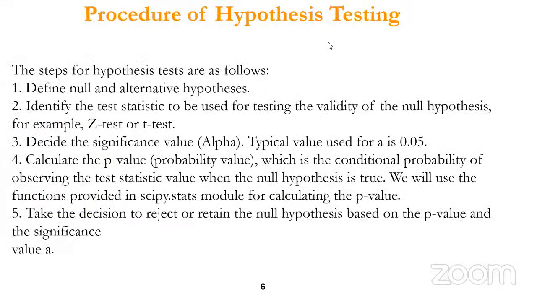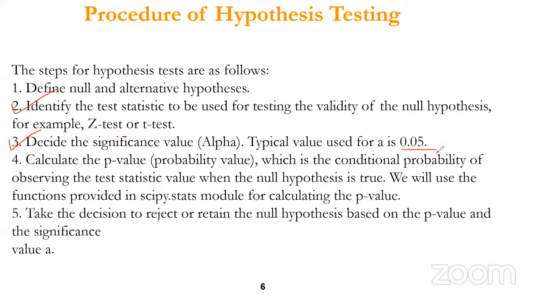Okay, let's continue. So I'll just revise these steps again. First, you need to define the null and alternate hypothesis. After that, you need to perform a z-test or t-test on the given data. Then we need to assume some significance value, which in general we consider as the percentage of allowed error, alpha,